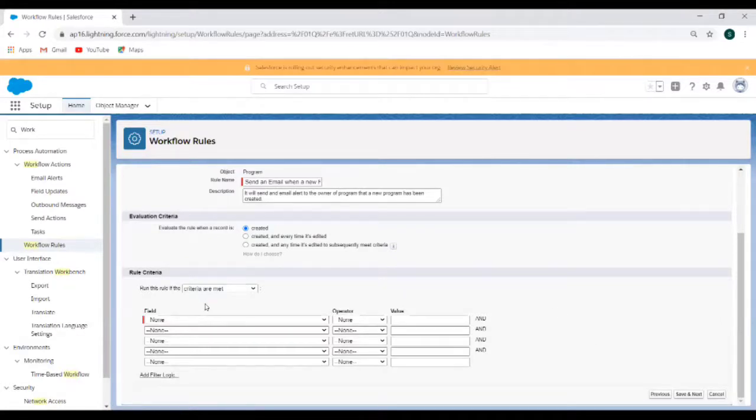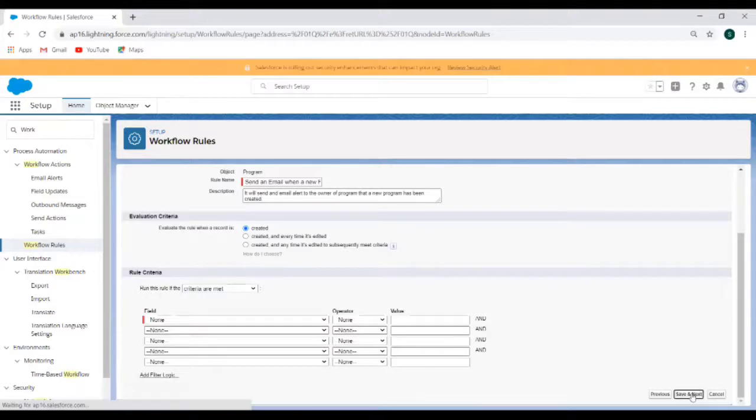These are the different rule criteria which we have talked about: the criteria are met, and the formula evaluates to true. So these are the two rule criteria for when this particular rule should be run. In our case, whenever a record is getting created, this rule should be run.